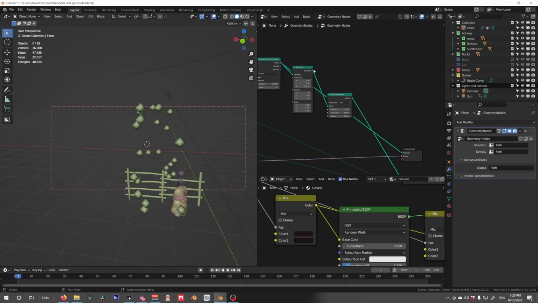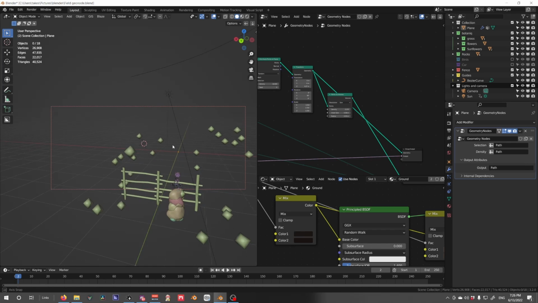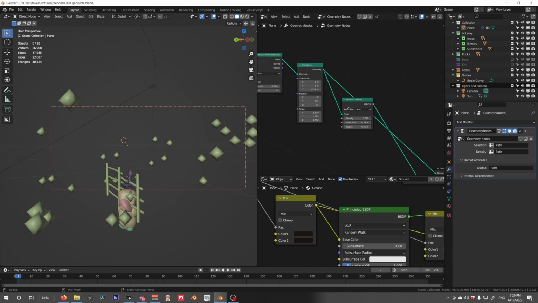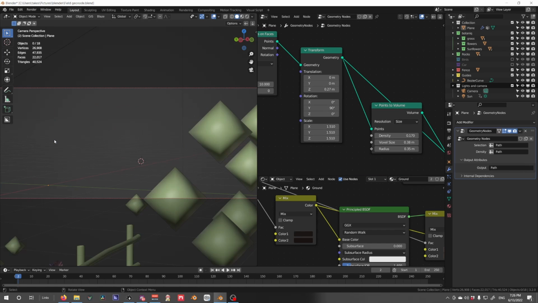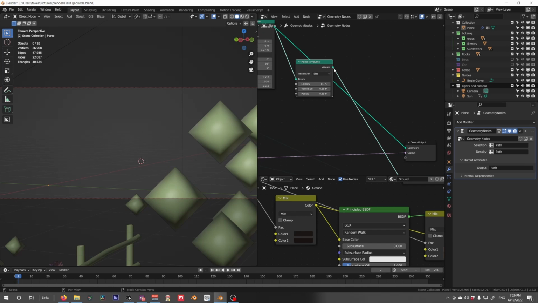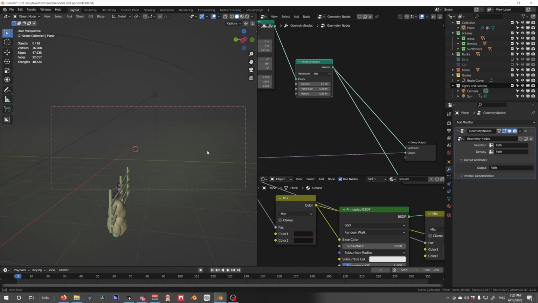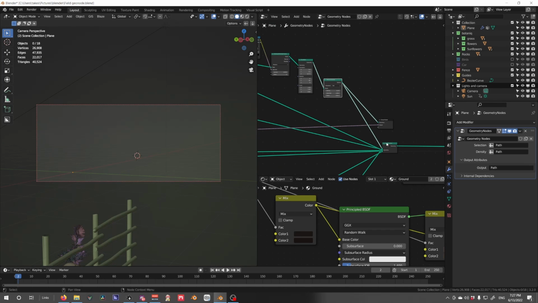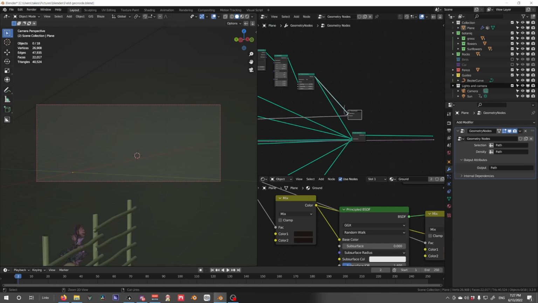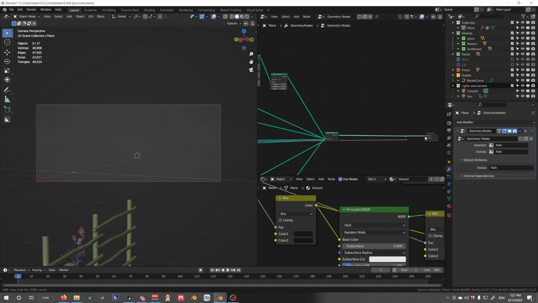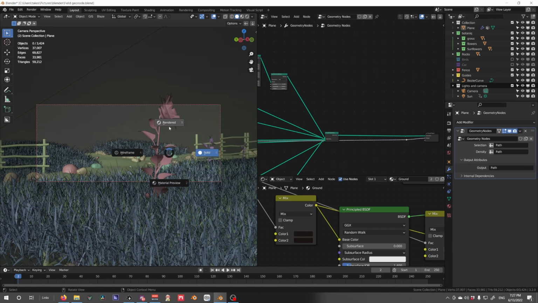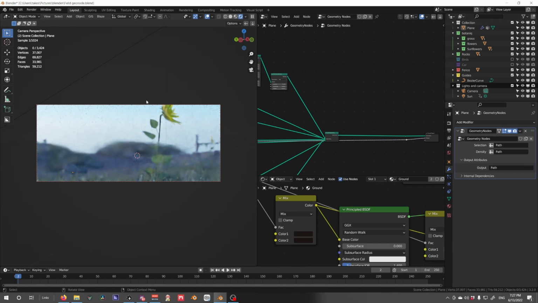After that, I flipped it 90 degrees on its side, moved it a bit on the Z in order for the mist to be at the level of the camera that I want. I then converted the points to volume, and that's how I got my mist, which you can now see if I cut these out, bring everything in, and render. You can see that there is a slight bit of mist, and my computer is a bit slow